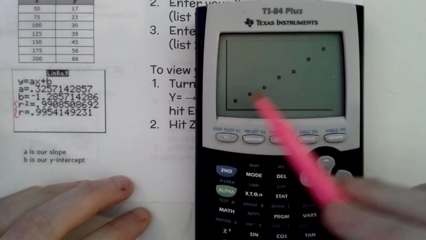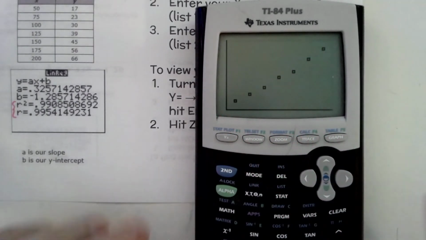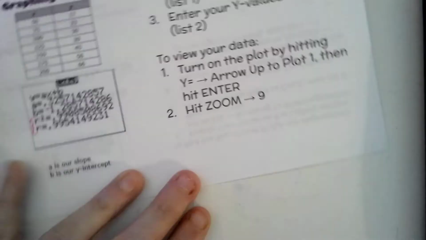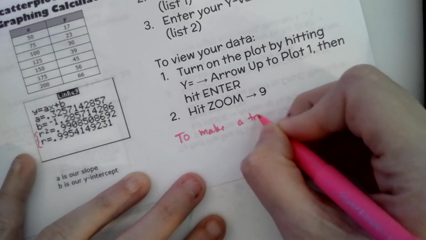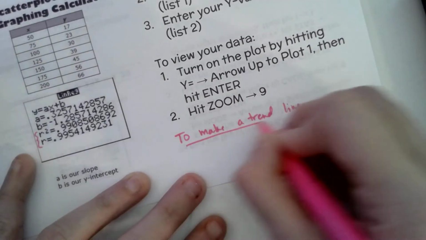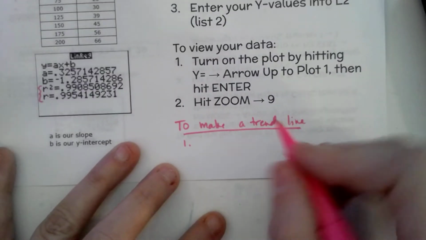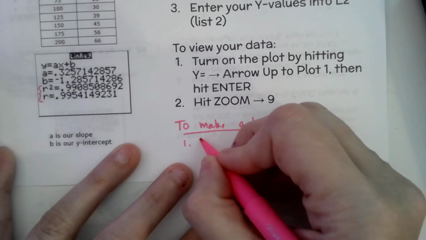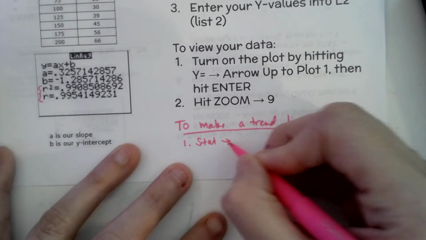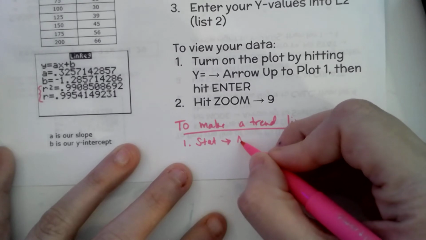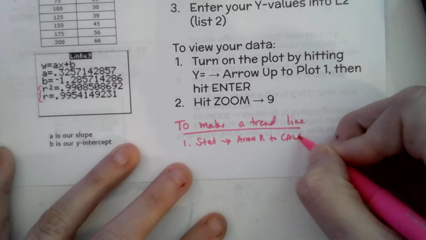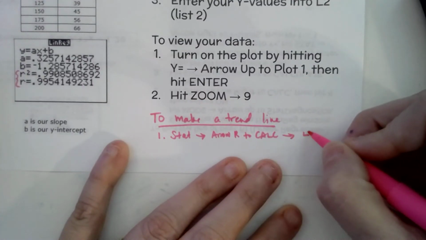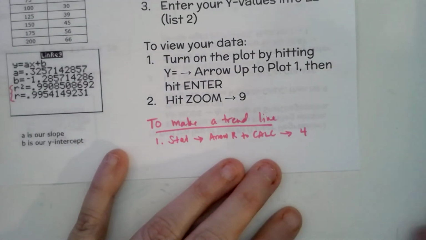We're going to figure out how to, I'm going to show you how to get the calculator to make that trend line for you. Okay? So to make a trend line, first you got to do all the other stuff. Then you're going to hit stat, and then arrow right to calc, and then hit 4, which is, hold on, stat calc 4 is LinReg